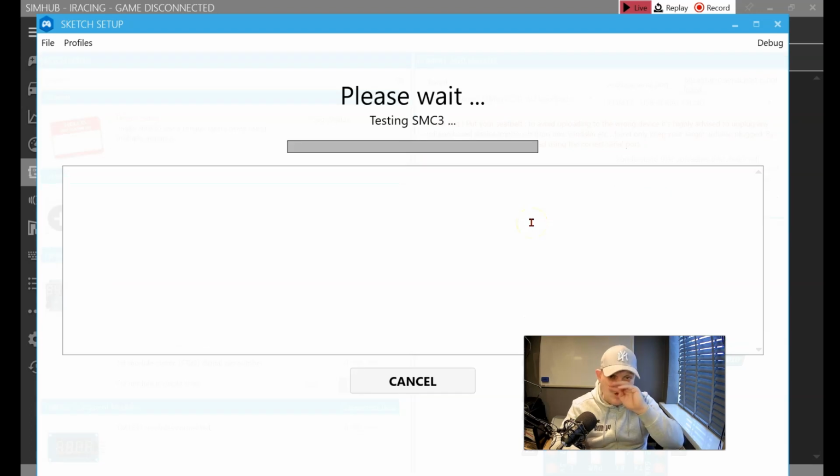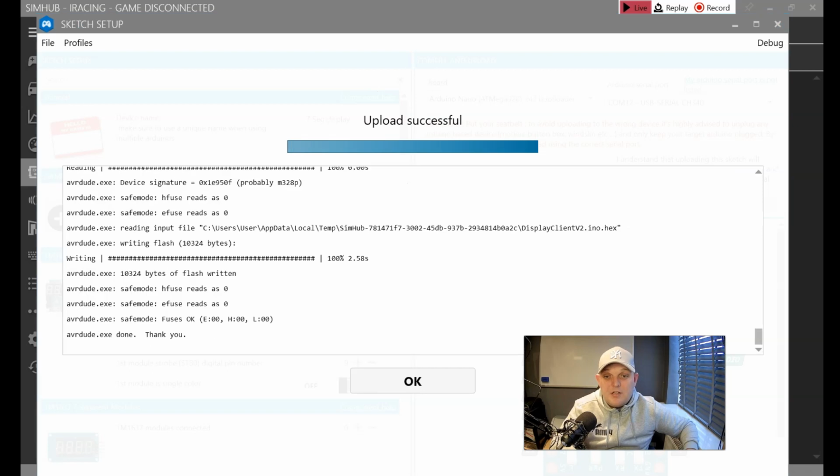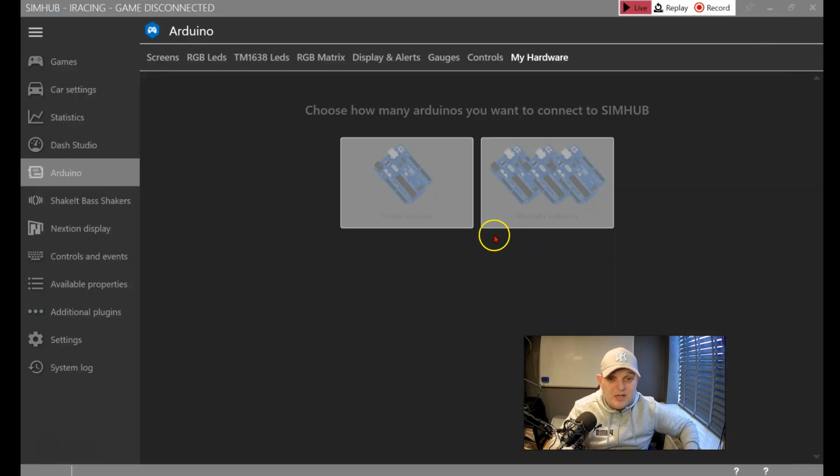It will then start to compile the sketch automatically, and you can just simply wait for it to load up. As you can see, once the upload's done, it will say successful, and you will see here that it says done, thank you, and it's flashed onto the actual Arduino. Once you click OK, you just need to then close this section, and you will be taken back to the